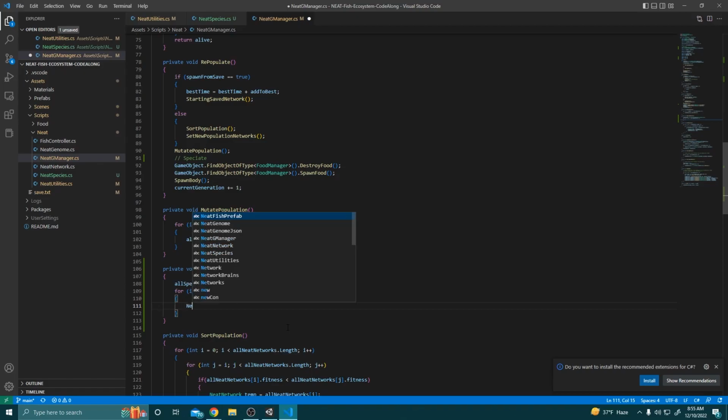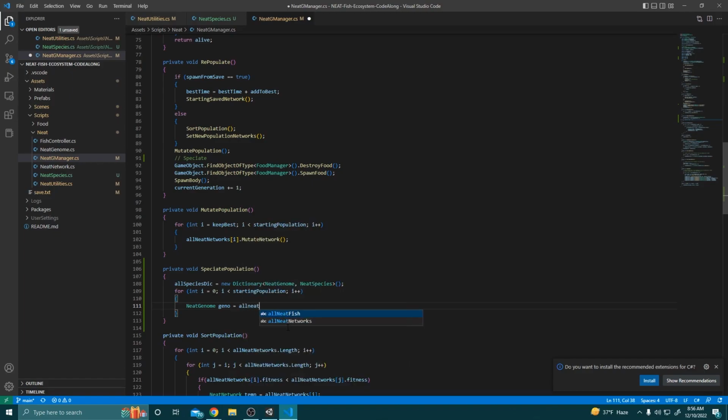And now that we have that, we're going to get the genome from each of the networks in our starting population. Since our starting population is going to let us know the count of our all neat networks,